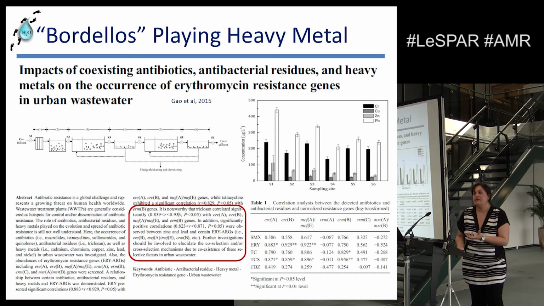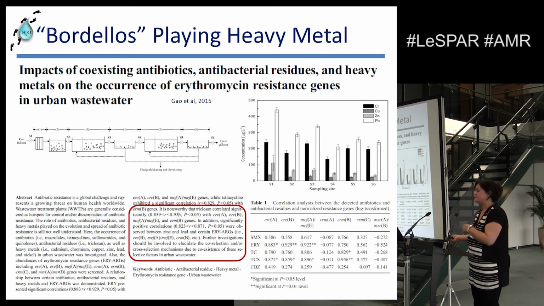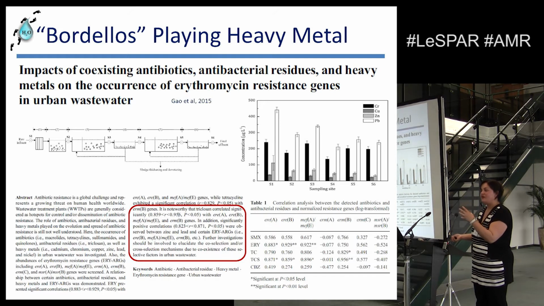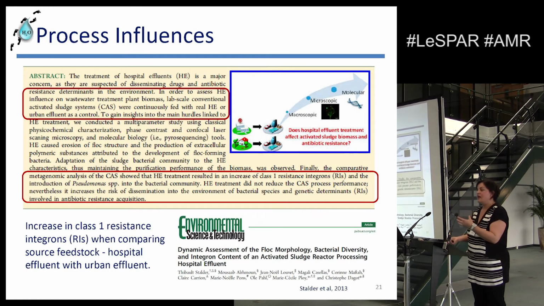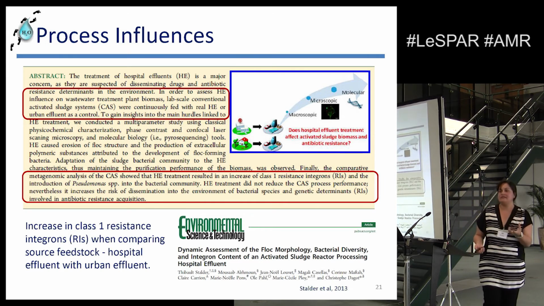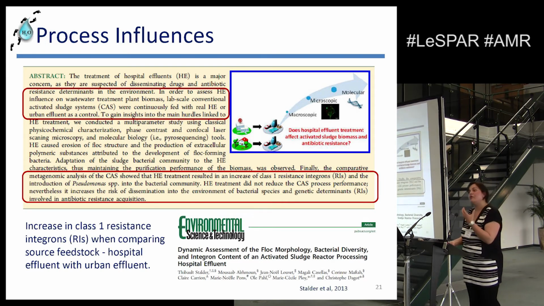Another example here is with not just antibiotics, but also heavy metals. And they found some correlation with a particular one. So it's showing that there is some complexity here, and what factors should we be looking at? And it's showing also that you've got the analytics, you've got the process engineering, you've got the microbiology, you've got those range of different disciplines coming together.